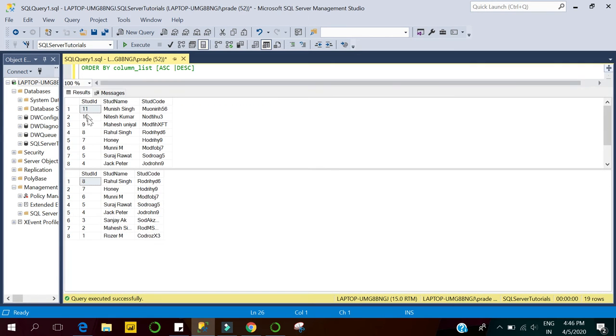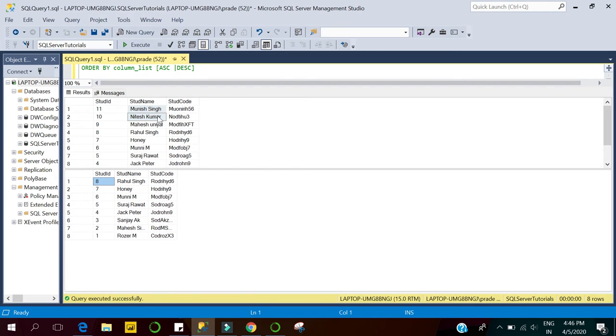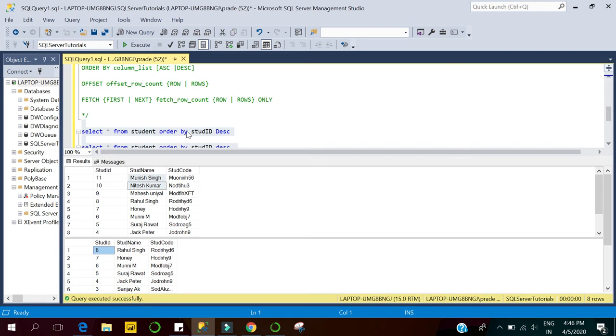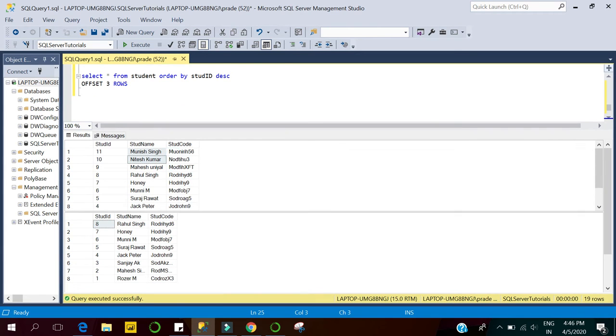So the first is our complete result set, sorted in descending order based on the student id column. In the second query, we are using offset value 3, skipping the first three rows from our result set in descending order. So the first three rows, 11 to 9, will be skipped, and the remaining rows will be returned in our result set.